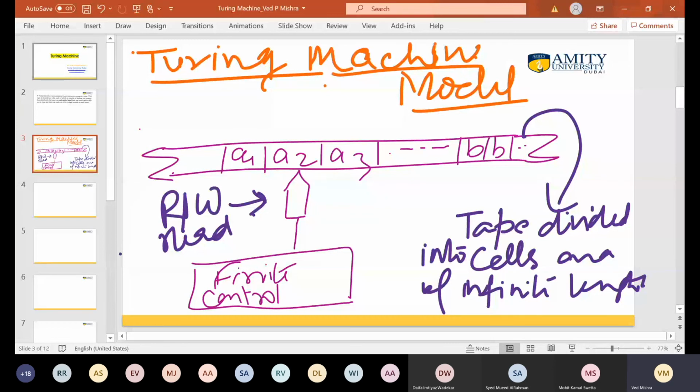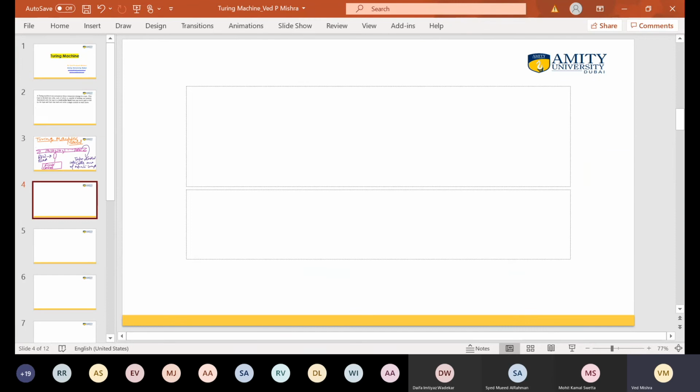Earlier what used to happen, we used to take one string and start from the leftmost side and go till the rightmost side. Now the Turing machine scenario is different. This read-write head can move left as well as right. So firstly we'll write the actual definition of this Turing machine in the form of tuples, and then you will understand where it comes from. So let's write one definition of this.